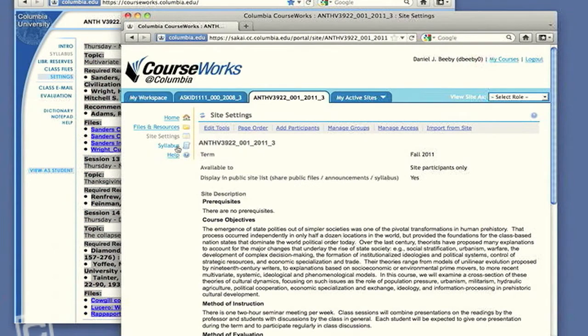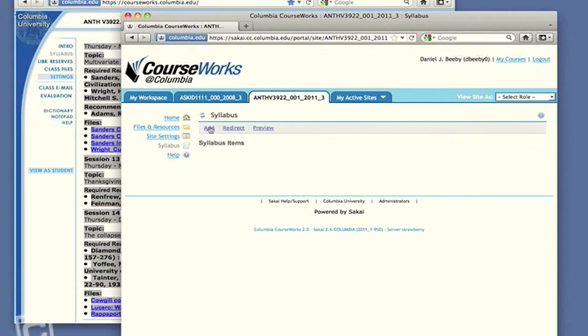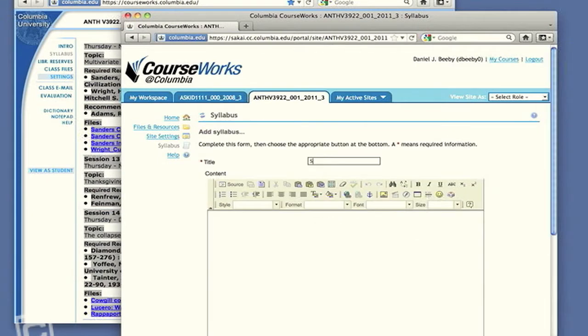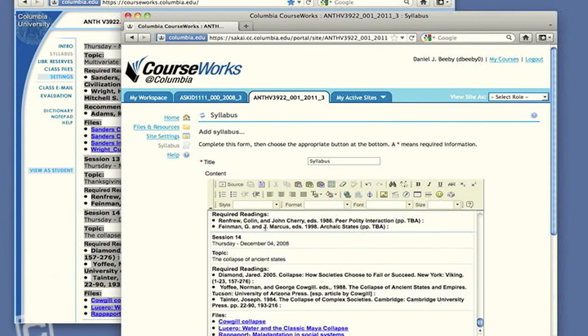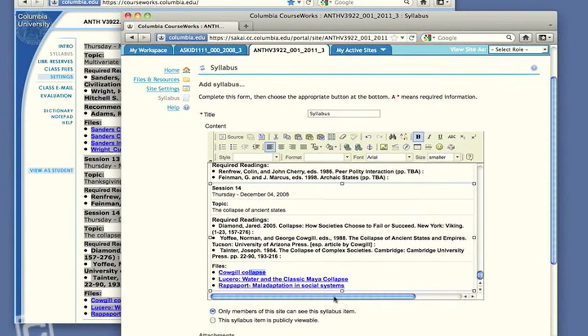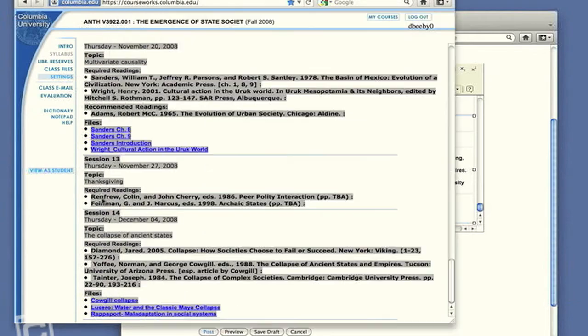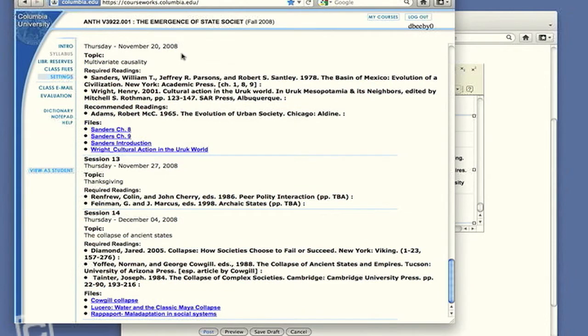Now over in new CourseWorks, I'll go over to the syllabus section. I'll create a new syllabus session, and I'll simply title this syllabus since I'm going to paste the whole thing into one space here. And I'll simply paste that content into this space here. Now we see that there are these links to files, and those aren't going to work, but we're going to come back in later and fix those once we've uploaded the files from the course site. So I'm going to post that syllabus session, and while that's saving, I'll go back over to the current CourseWorks